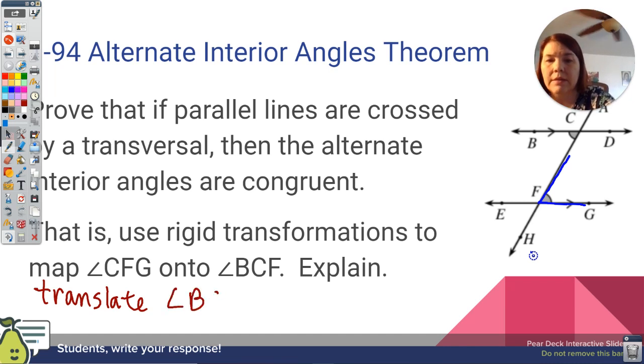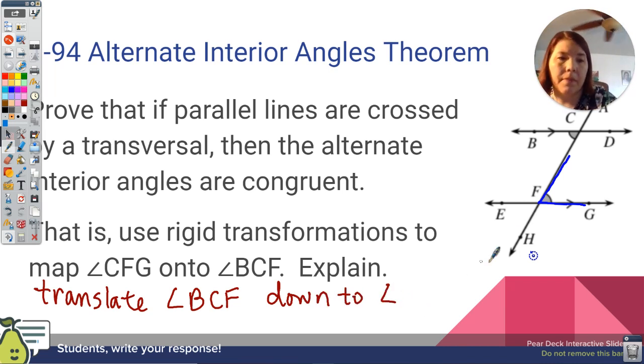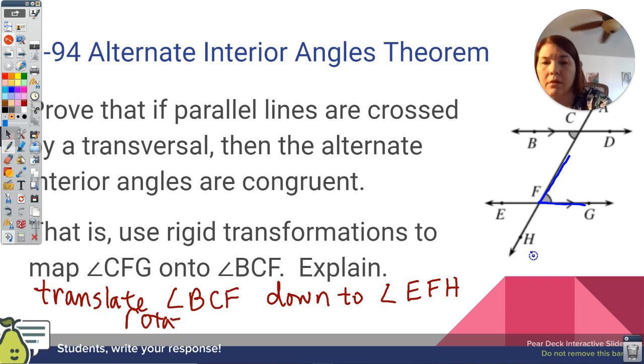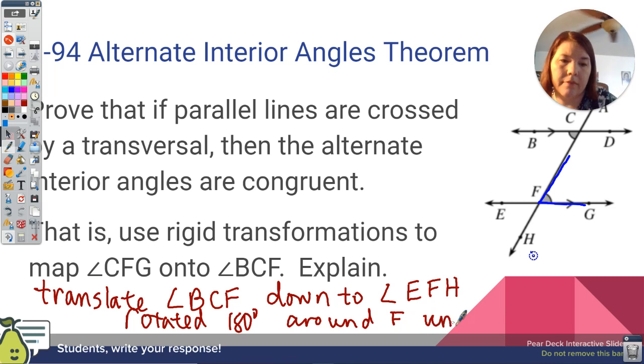Angle BCF, I translate it down to angle EFH, and then I rotated it 180 degrees around point F until it lined up